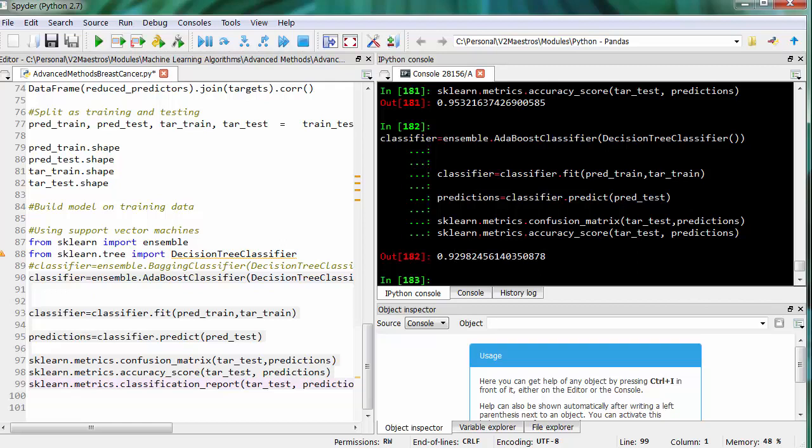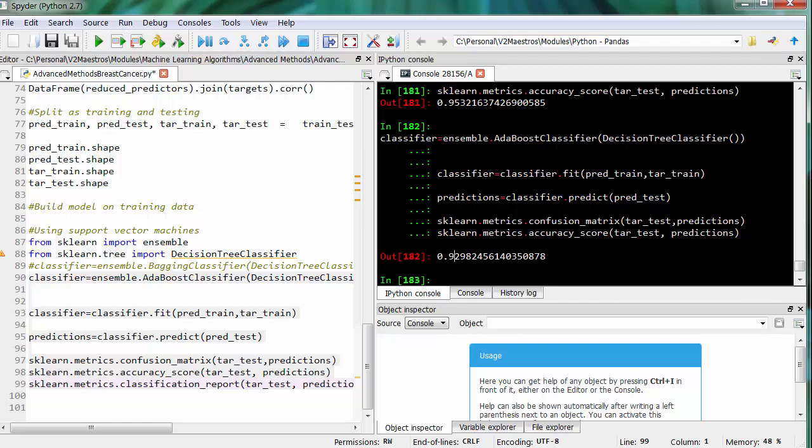A different algorithm will give different kinds of accuracies based on the data set. In some data sets, maybe boosting would give you a higher accuracy than bagging. So this is how you use bagging and boosting using the same kind of logic, just changing the function name. Pretty much the same way you can do support vector machines as well as neural networks. In fact, all these classification algorithms, you can just fit them into this model. You would have seen the examples repeating the same steps again and again. And you can see how easily you can change the algorithm and try out a few algorithms and actually compare the results of these algorithms as to which one is giving you better accuracy.